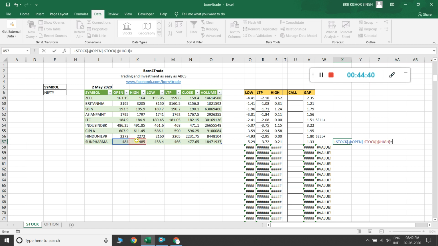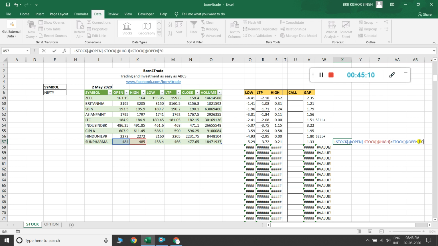Open minus high is equal to open into 0.004. It should not be equal to, it should be less than.